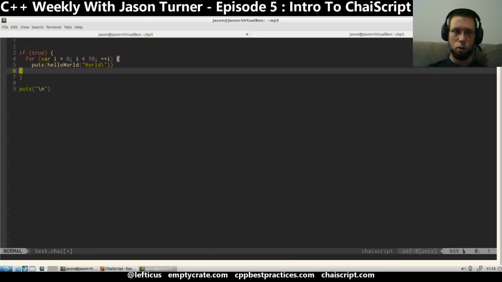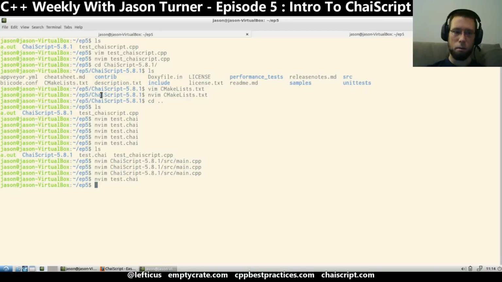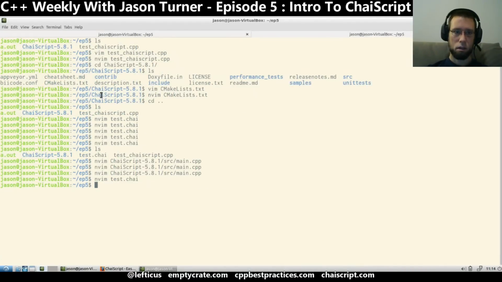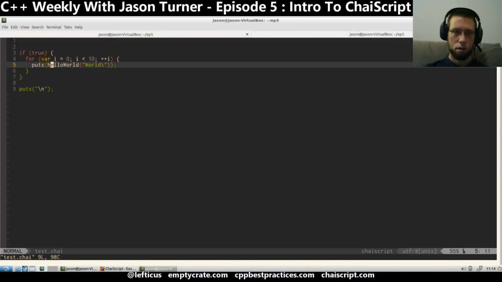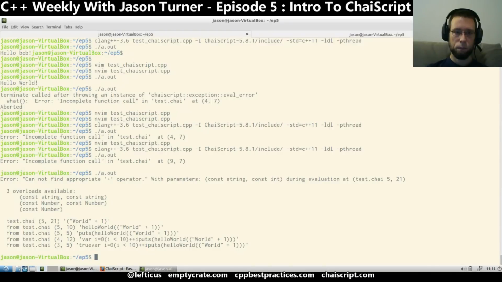ChaiScript will let you optionally use semicolons. Either one, they're not necessary. Maybe I kind of wish in retrospect that I had made them required. There we go. So in this particular case, now that we're doing the pretty print output, we see I am